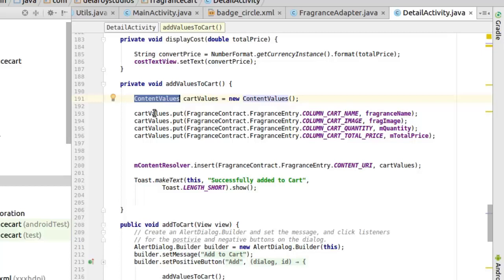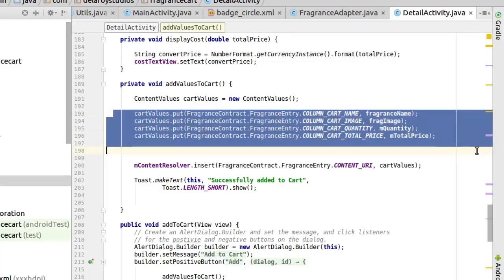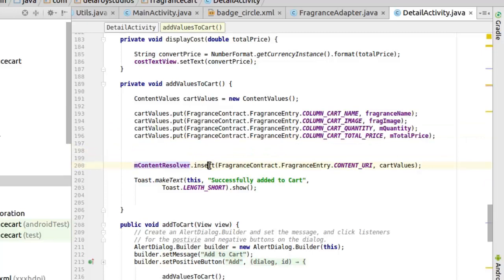Now we need some attributes. We need the name, the path to the image, the quantity you've selected, and the total price, which is multiplied by the quantity. So that will be passed into the cart values,